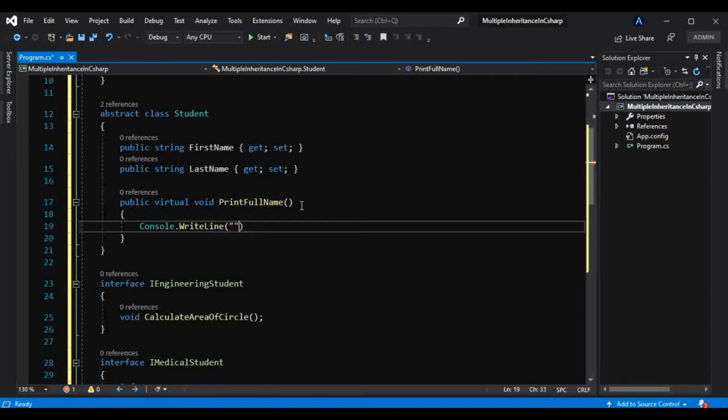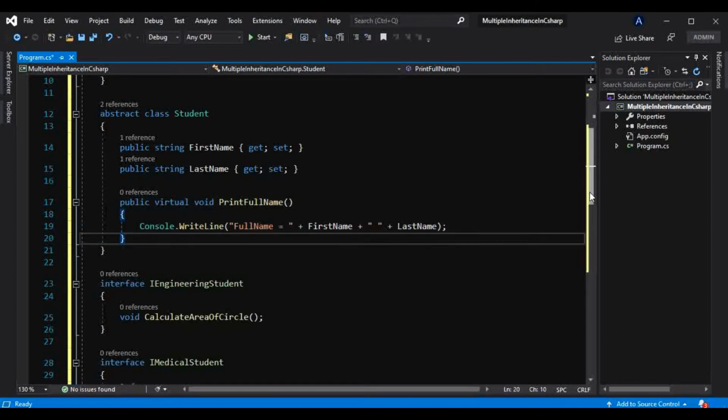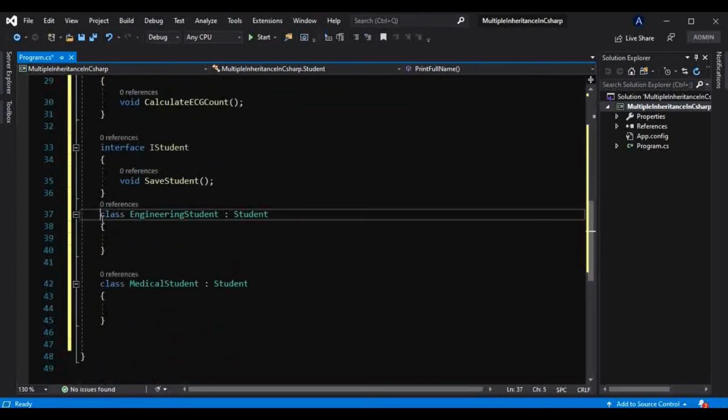Okay, like this, full name is equal to first name plus one space I will be giving there, plus last name, like this. So this can be the default implementation which inheriting classes can use.